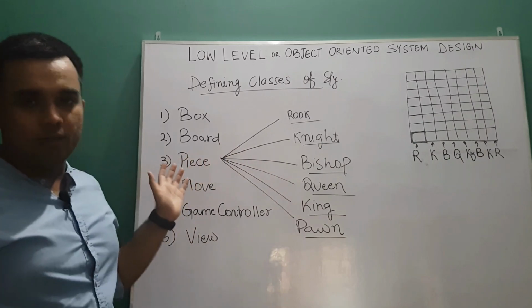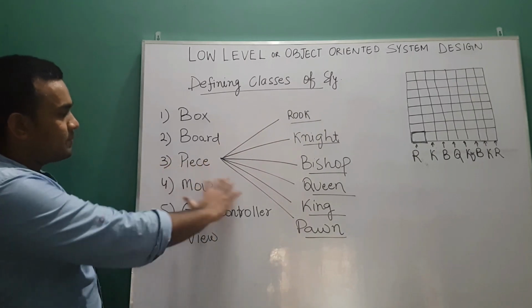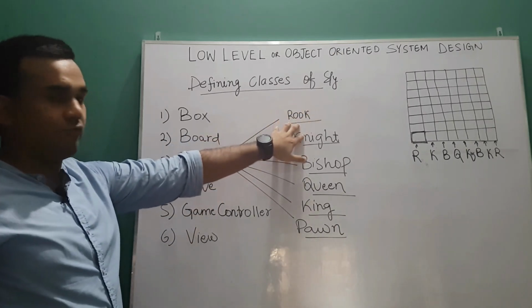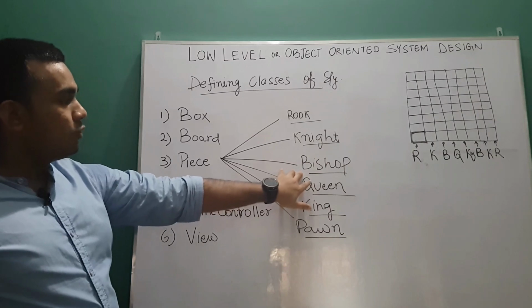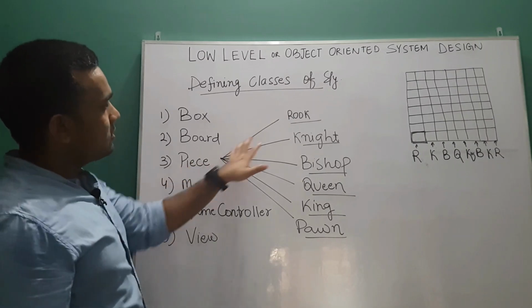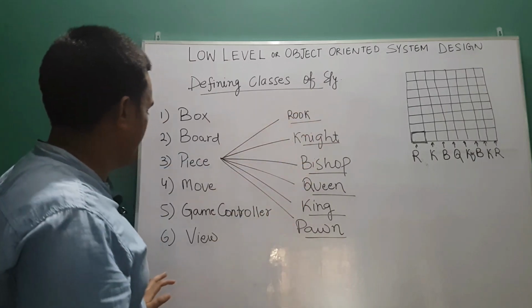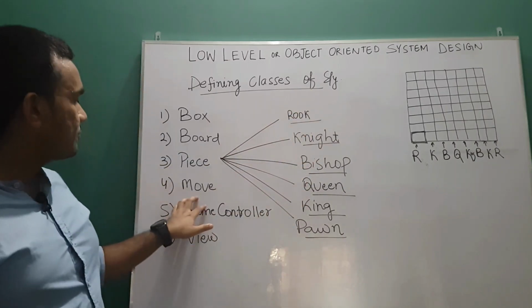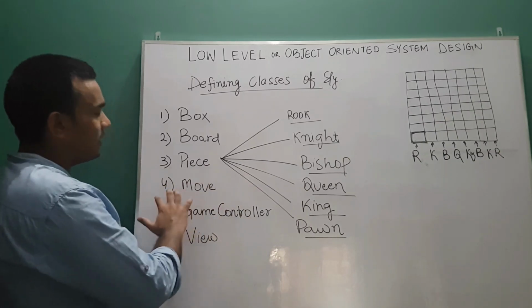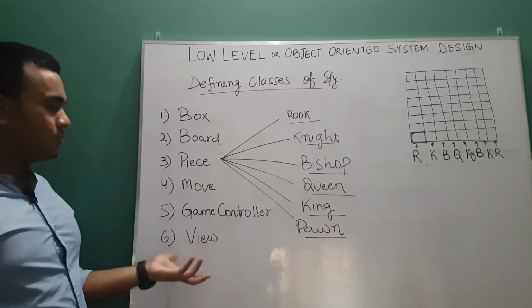They will inherit the properties of Piece. Piece can have an abstract method, because when you move a piece, each piece will move differently. So it will have an abstract method which the child classes will implement; we will write the definition of that. They will basically override that particular method. The fourth one is Move, since making a move will also be a class. The fifth one is Game Controller, and then there is a view, which is basically a Game View.